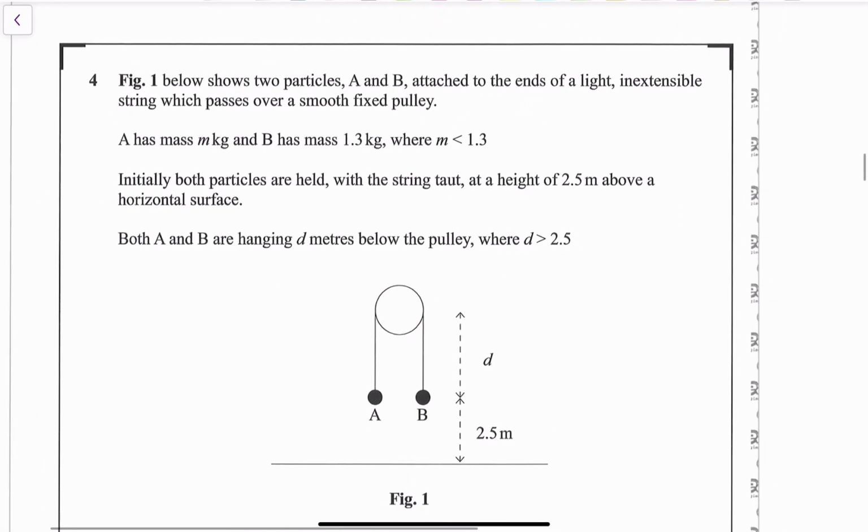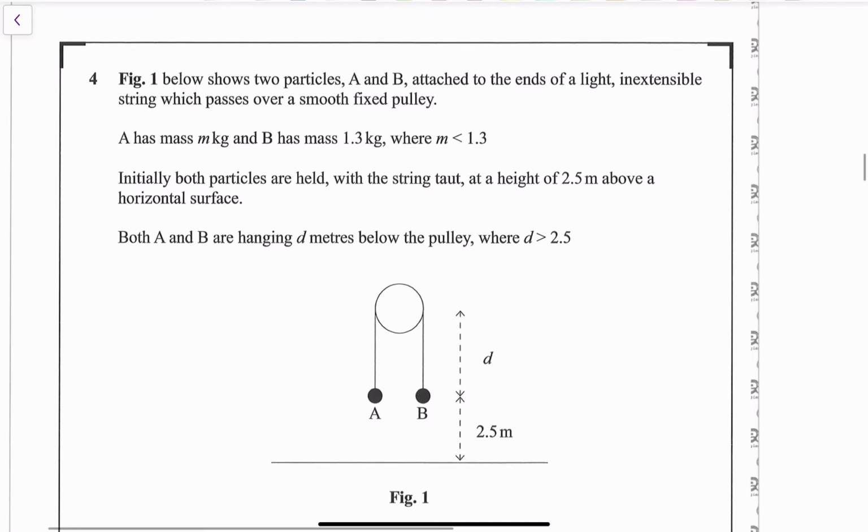Okay, right. Figure 1 below shows two particles A and B attached to the ends of a light inextensible string which passes over a smooth fixed pulley. A has a mass m and B has a mass of 1.3, where m is less than 1.3. Okay, so